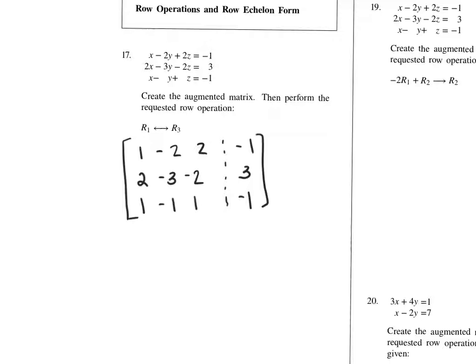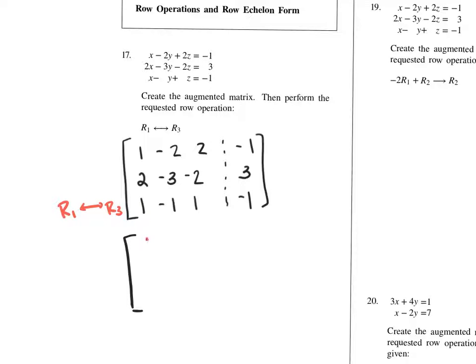So if we see a row that has a leading 1, we always want to row switch that to be the first row in the matrix. But in this case, I'm going to go row 1, switch with row 3. And remember, we write it like this, the double arrowhead. And I would do this now. So we get